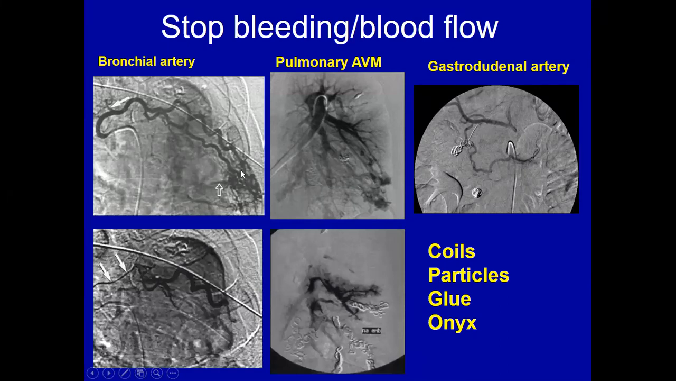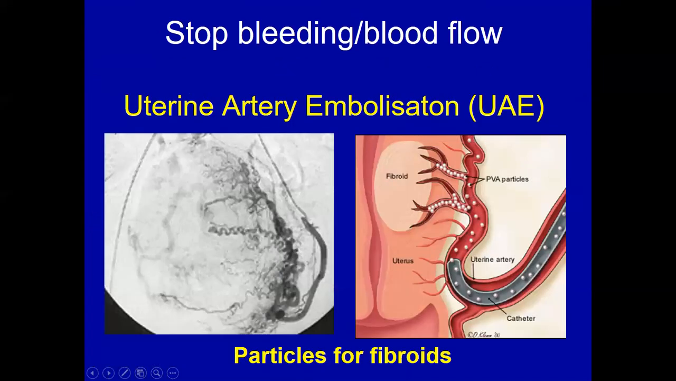Okay, and this is the bronchial artery before and after treatment, and this is the AVM before and after treatment. Okay. So we can stop the flow to the organs, not to stop the bleeding, but to make the organ shrink. So this is a patient with large fibroids. Patients usually have pain, swelling, pressure symptoms,